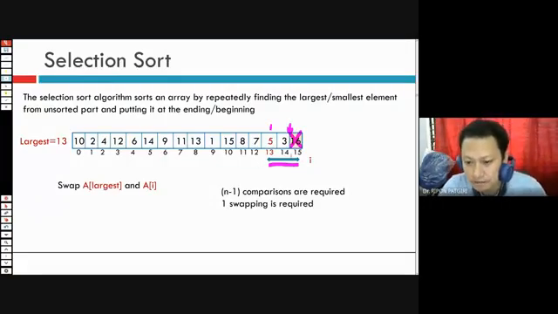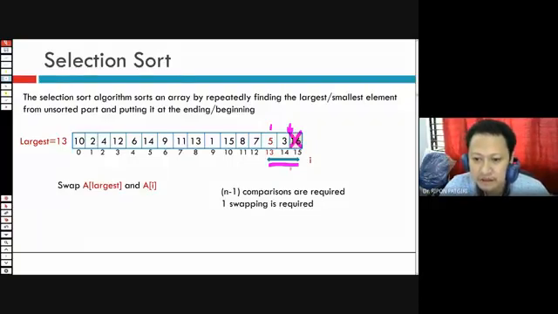So now, what will be the comparison time? What will be the sorting time? If we have n elements, to sort the first element, what will be the time complexity?